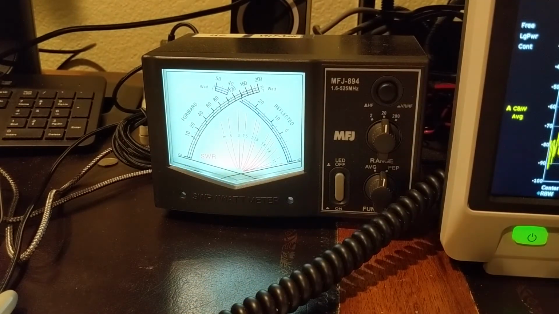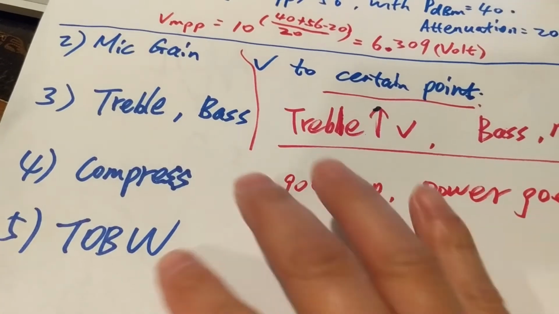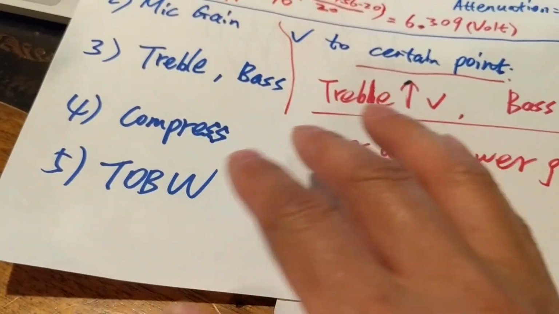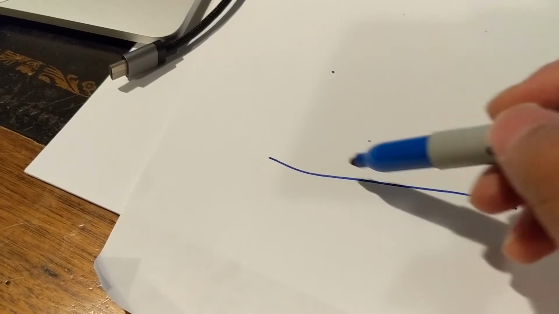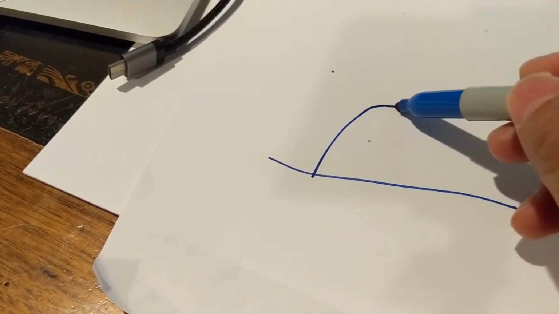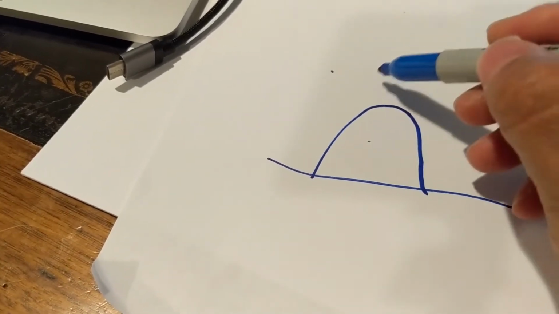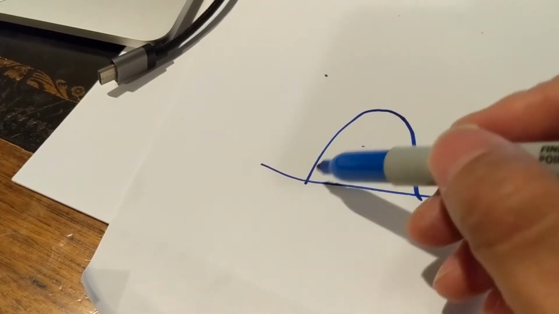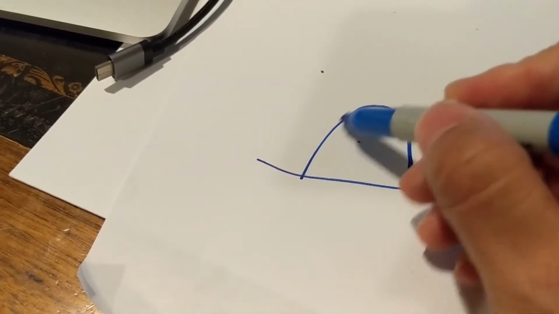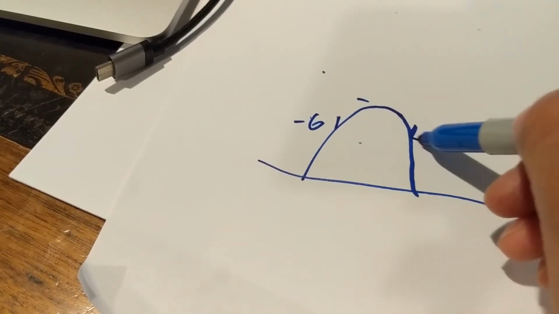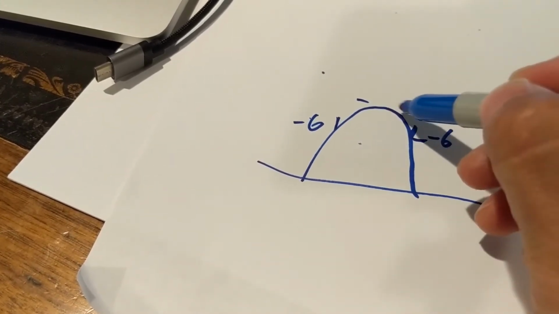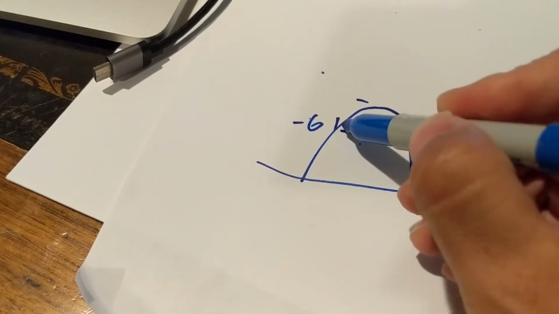Okay, so let me write down. The last one you can do is TOBW. What does TOBW mean? This is your audio signal on the frequency band. Okay, this is the frequency band, and this part,